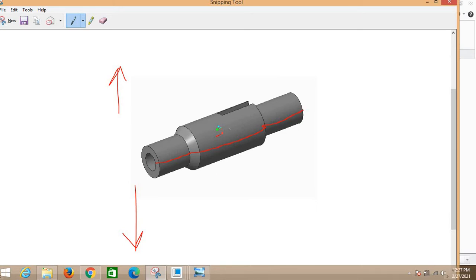Okay, but the problem in this parting line is we have these two slots. We cannot demold these slots by using a simple core and cavity tool. For this we need a lifter over here, or slider also. We can say slider also.